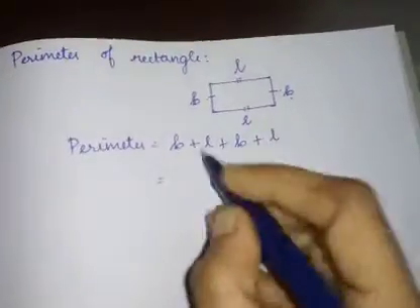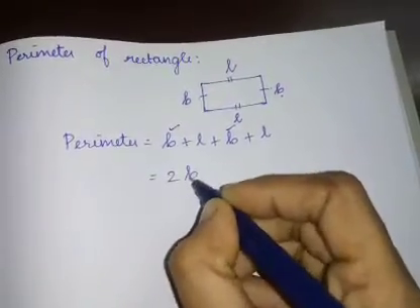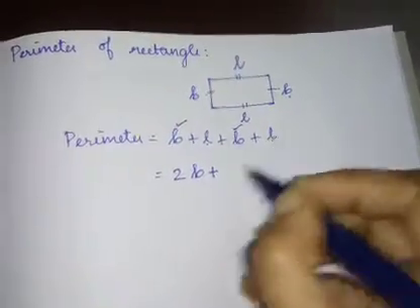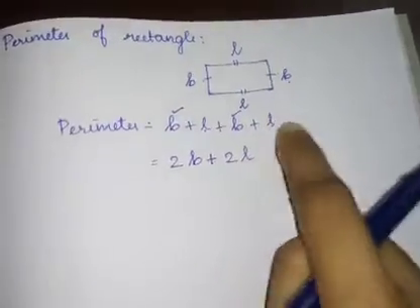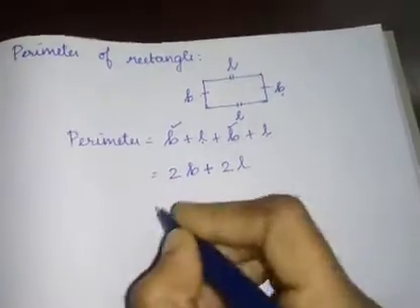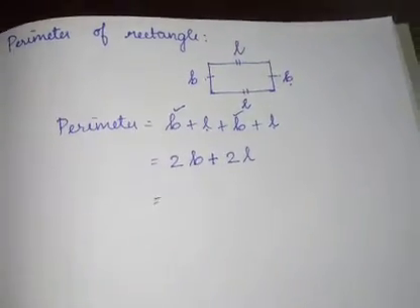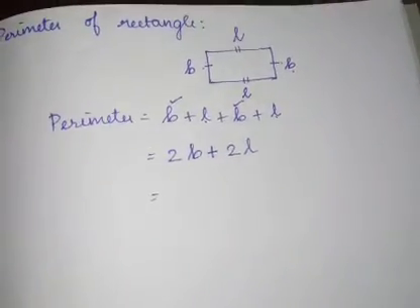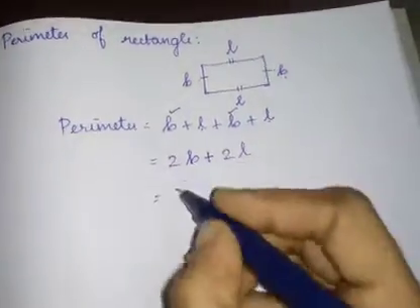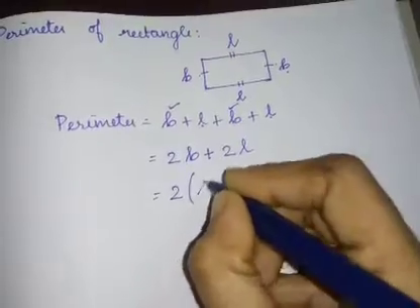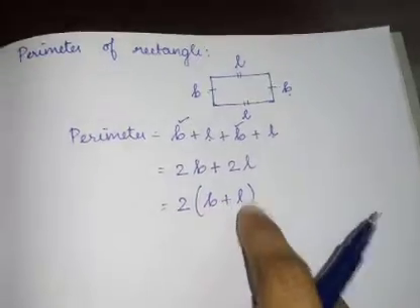Okay? So now B plus B, how many B are there? 2B are there, plus L plus L, 2L. Okay? B plus B, 2B. L plus L, 2L. Correct? I'll teach you this, but the actual explanation comes in the algebra chapter. In both the things 2 is common, so you can take the 2 outside. 2 into B plus L, common, which means this 2 is common for B as well as L.